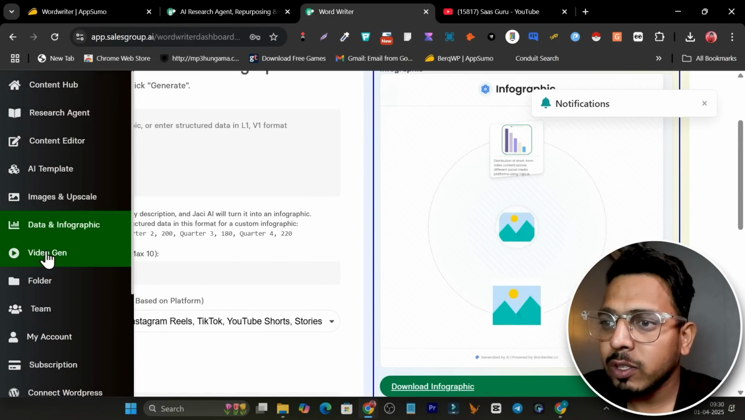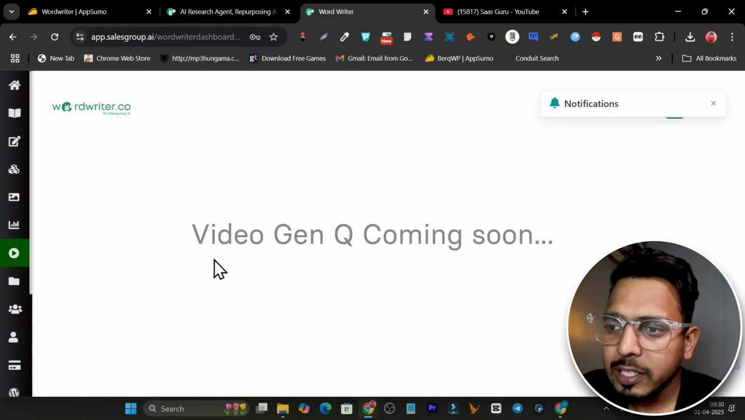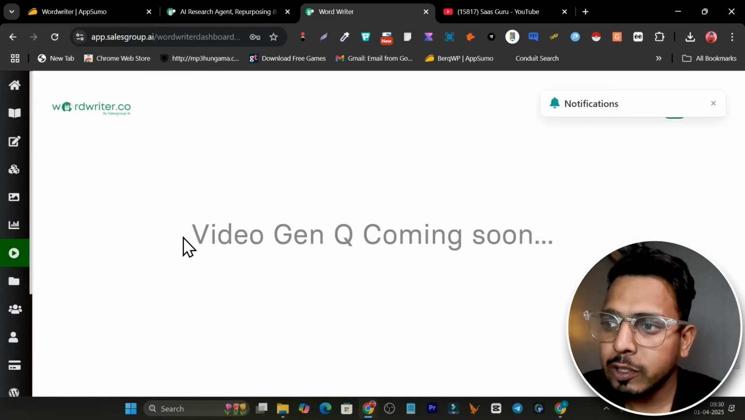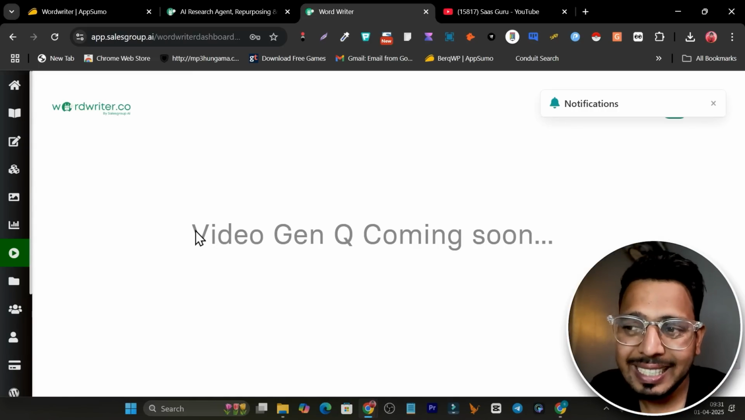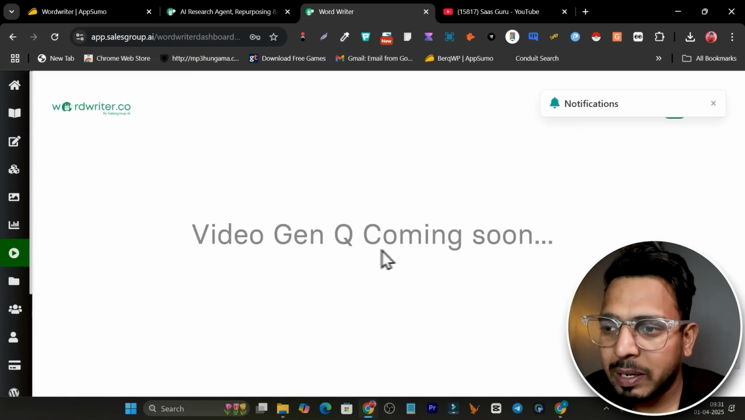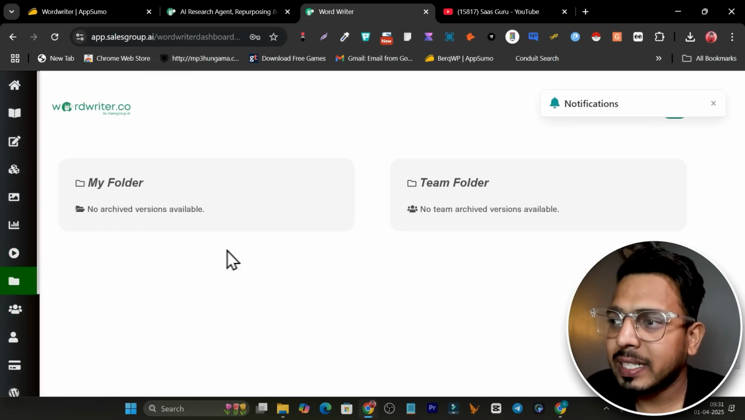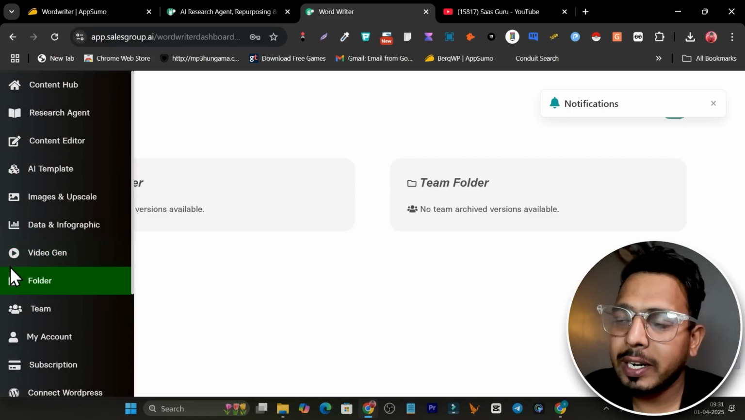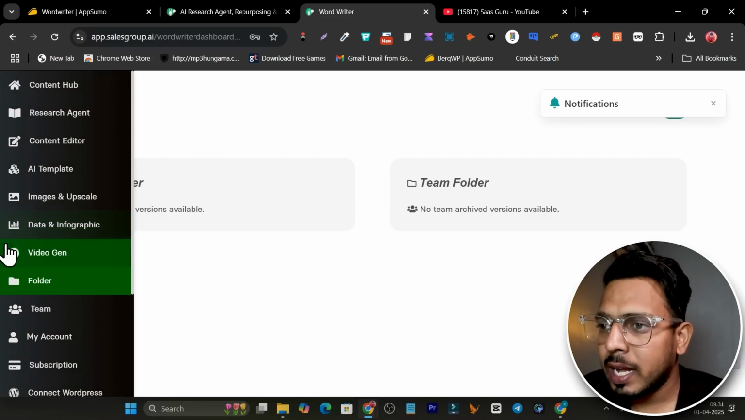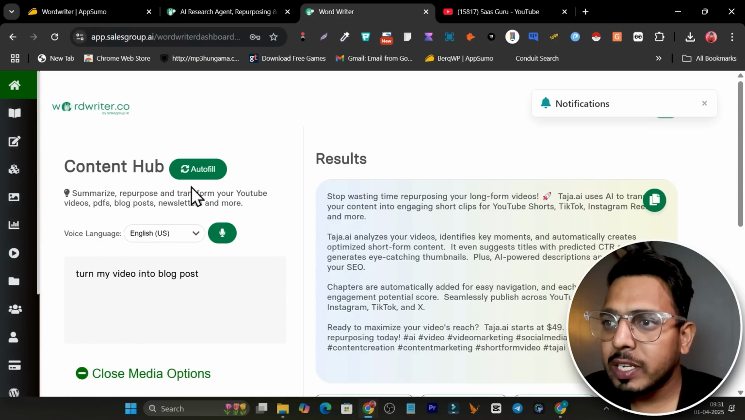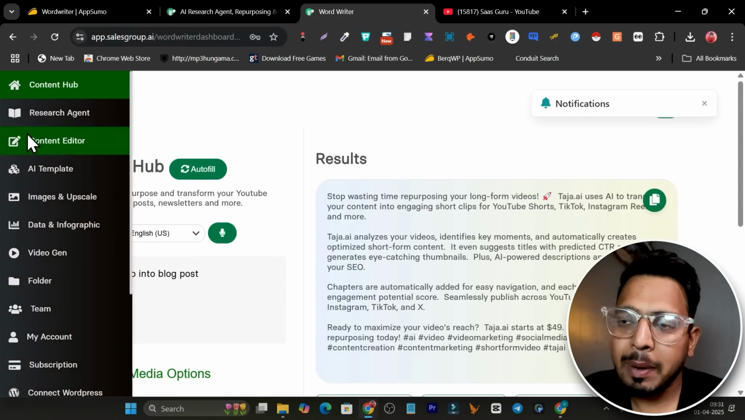Okay, and there's also video gen available, but this video generation feature is not in working mode. We have to wait because it's in beta or upcoming. Okay, then we have the folder. Basically it is going to show you all of the content that we have just converted or repurposed in the folder section. So these are all the features I have shown you of the WordWriter, and my favorite one